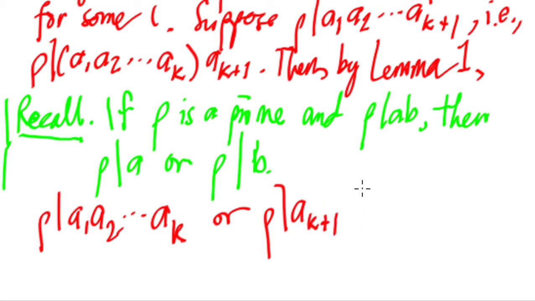Okay. Now, if p divides a sub 1 times a sub 2 up until a sub k,